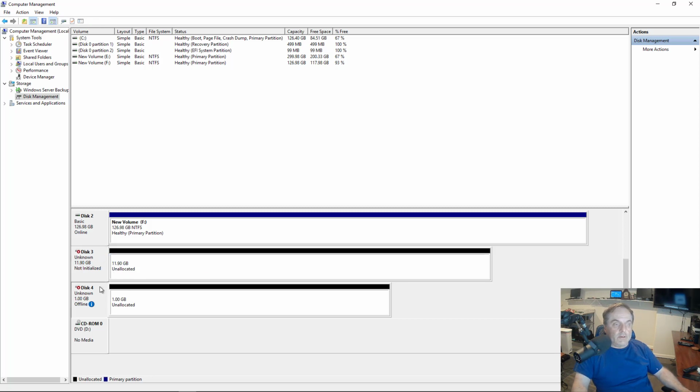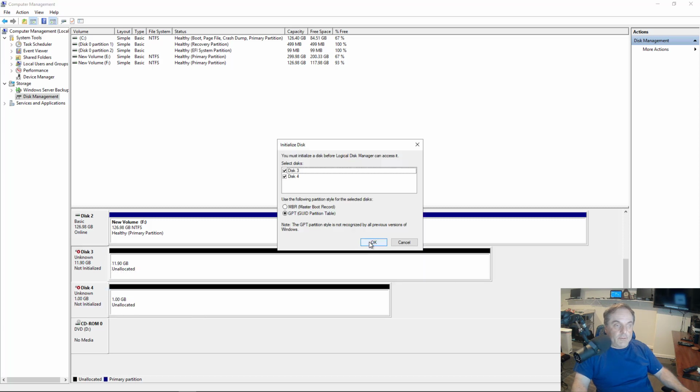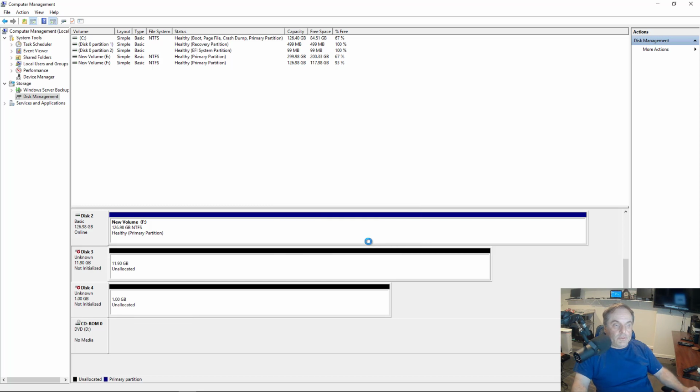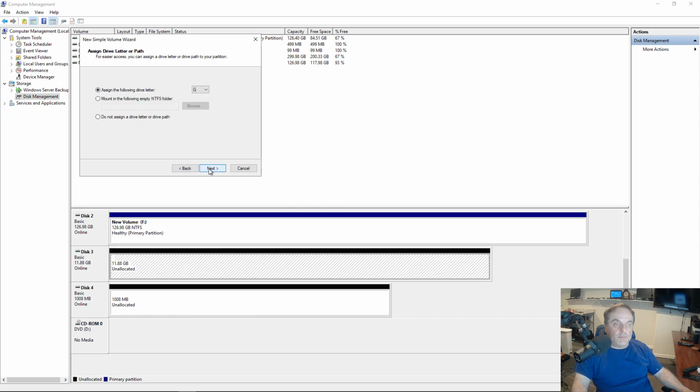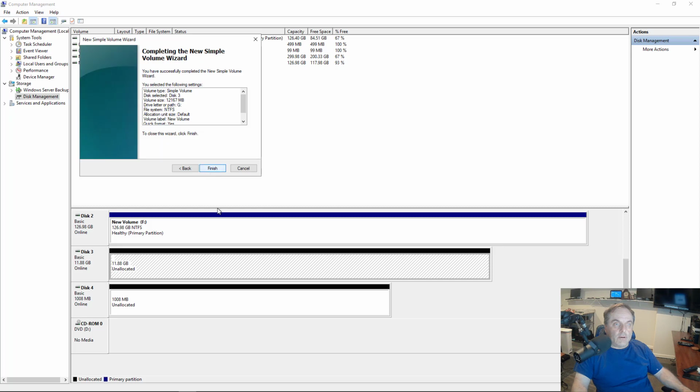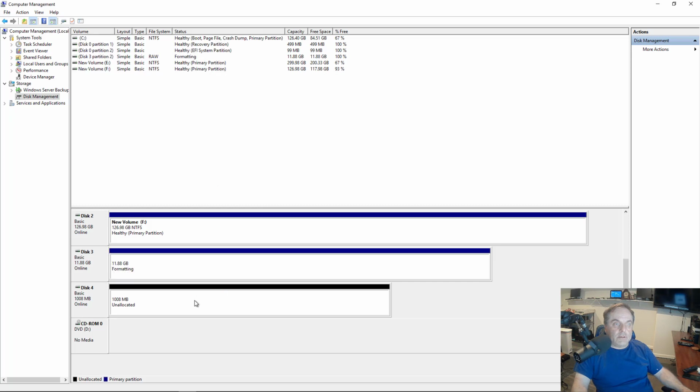So what I'm going to do is go online on both of them. Next, I have to initialize each one just by right-clicking and choosing Initialize. Choose disks 3 and 4, which is what's checked automatically. Click OK. And now I can create volumes. So I'll click on New Simple Volume. I'm just going to use the whole drive, but you can partition it if you'd like. I'll call this one the G drive and choose the defaults for everything that you see there. You can certainly customize it if you'd like.